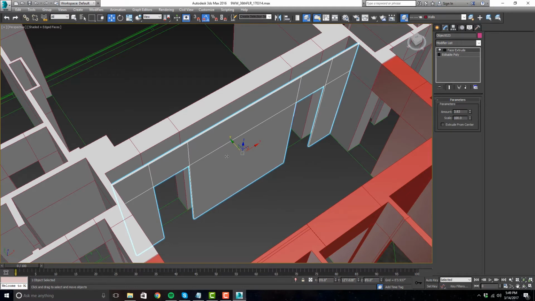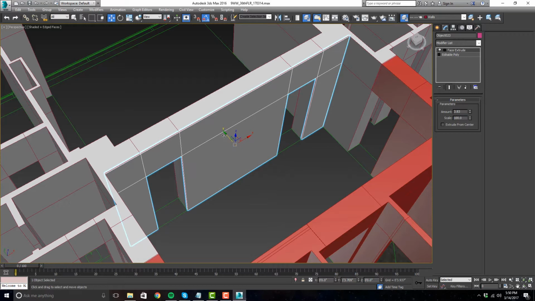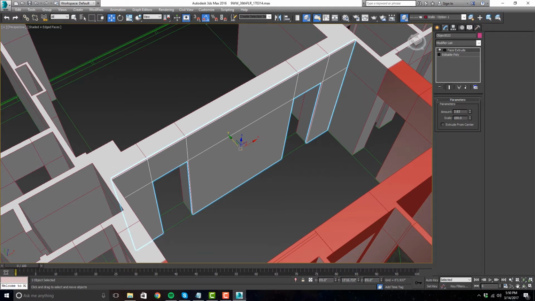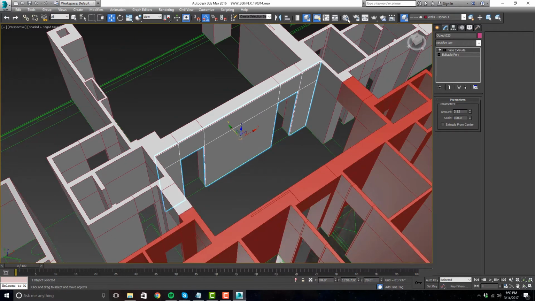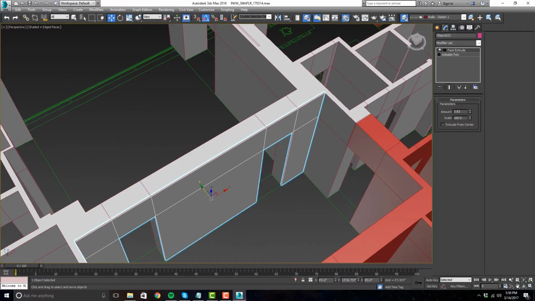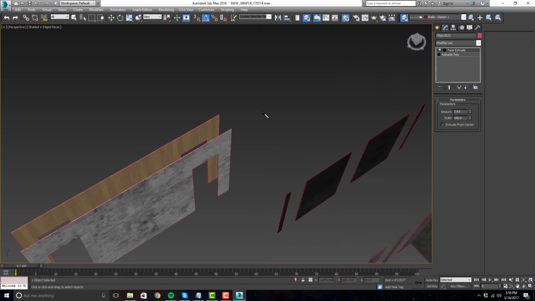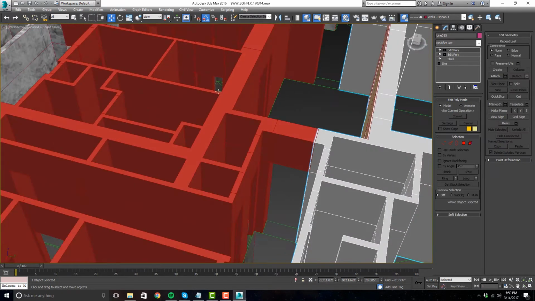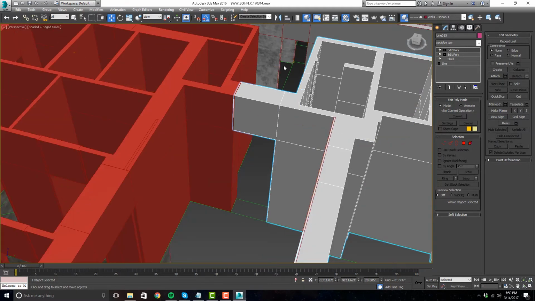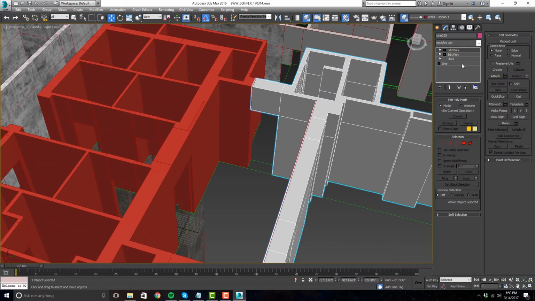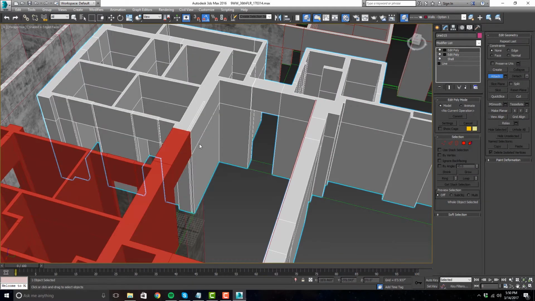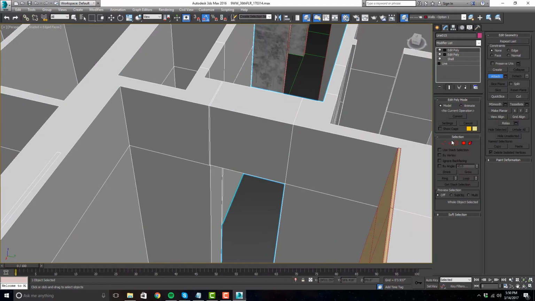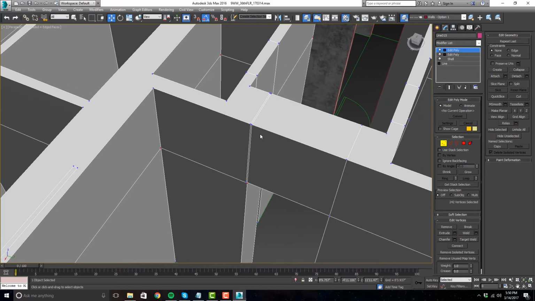There you go. Go ahead and color this a different color for now, and then we'll worry about mapping it later. These little oak walls. Just now as a transition here, this is something I'd like to avoid doing. There we go. So now, what I want to do is